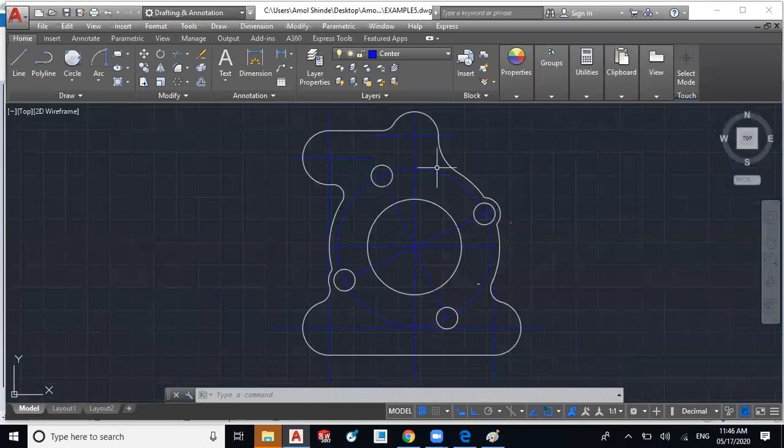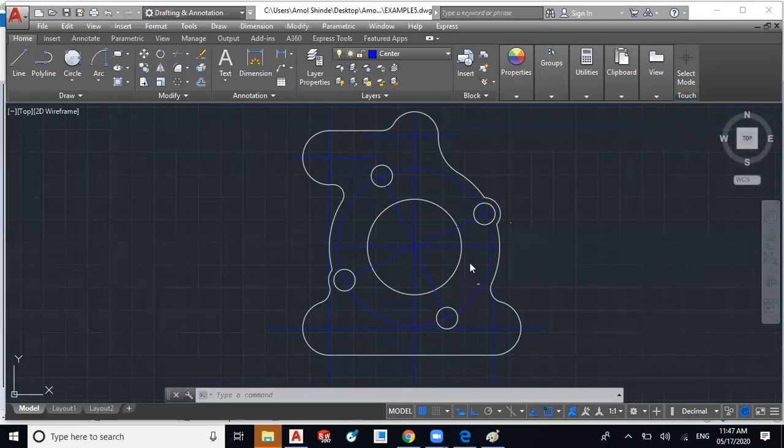So like that we have completed this part, and we have used multiple commands in this part. So all of you got this drawing, how we created, how we use different types of circles. Then we have used trim, we have used polar array, then we have used how to draw the line at an angle.